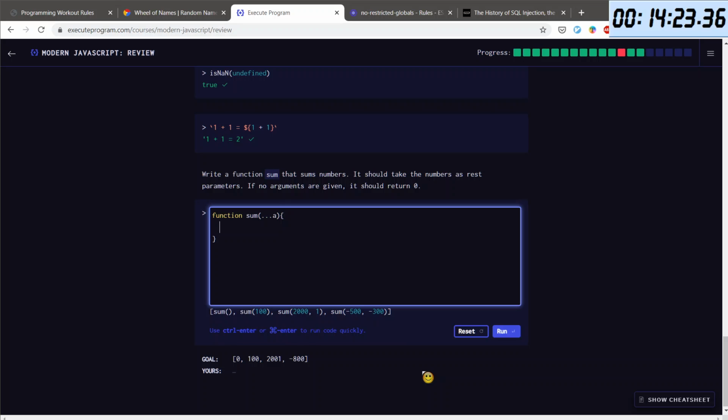So if no arguments are given, so if a.length equals 0, then return 0. Otherwise, we will